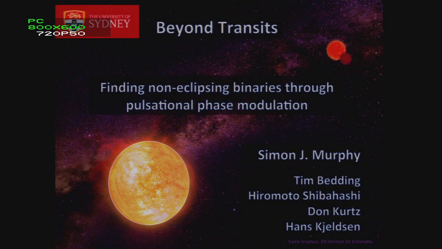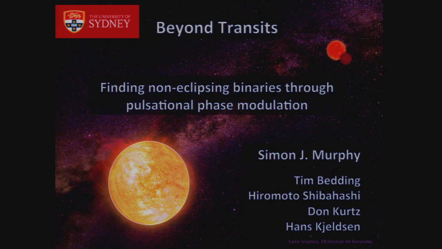The central theme of this meeting has been the use of transits to find bodies around other systems, around other stars. But of course, not all binaries or multiple systems or planetary systems are viewed edge-on. So today I'm going to talk to you about how we find those non-eclipsing systems and how we use stellar pulsations to do that. So I'd like for you just to picture a delta Scuti star, a single delta Scuti